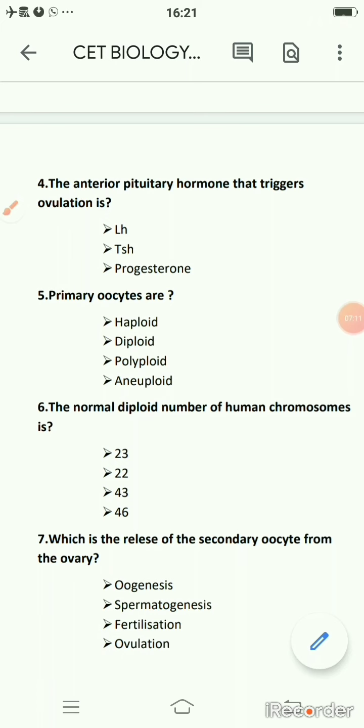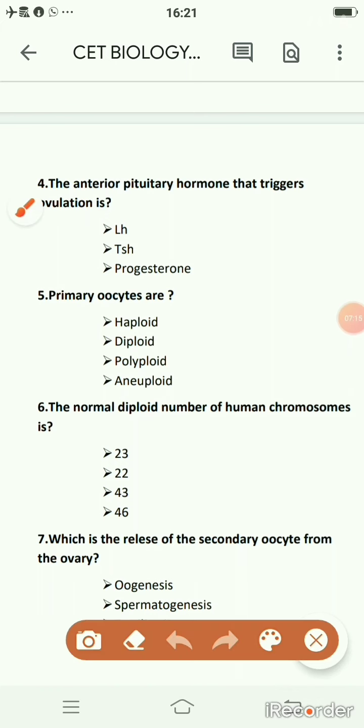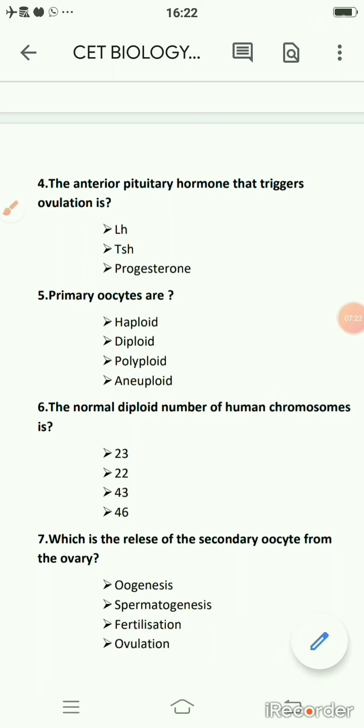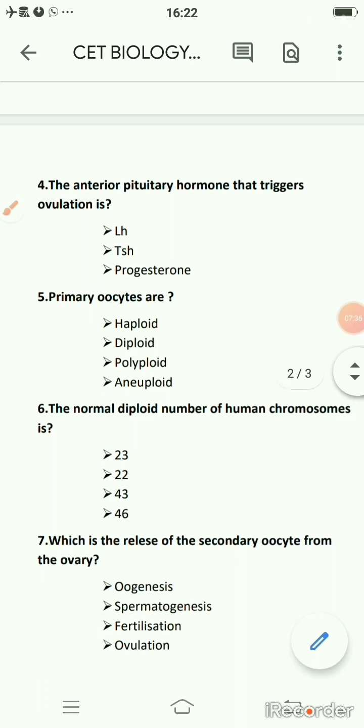Primary oocytes are, and the first option is haploid. Haploid is nothing but n number of chromosomes, so this is not the right answer. And next, diploid. Diploid is nothing but it is containing two homologous sets of chromosomes. Diploid is the